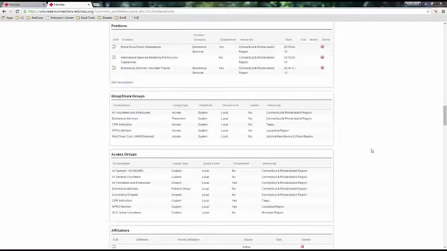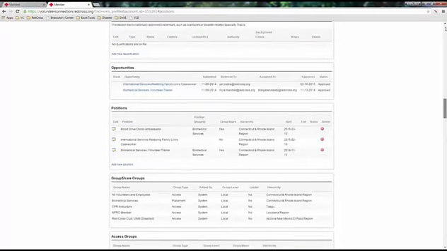Now, when we go back to their profile, we see that it now says Blood Drive Donor Ambassador on their profile and that they have a start date of today. Now, once that position has been added, it does take up to 1 hour for the profile to update with this information. So the next thing we want to do is look at Mike's profile and see if he has the information for